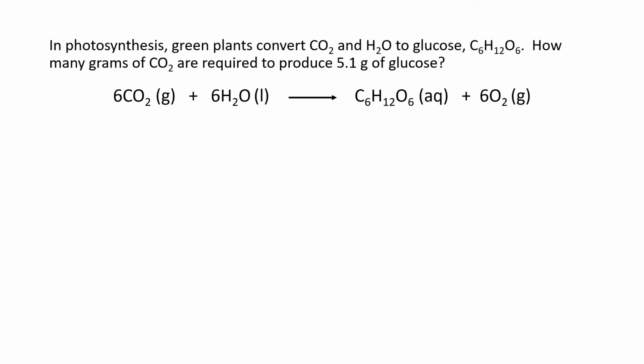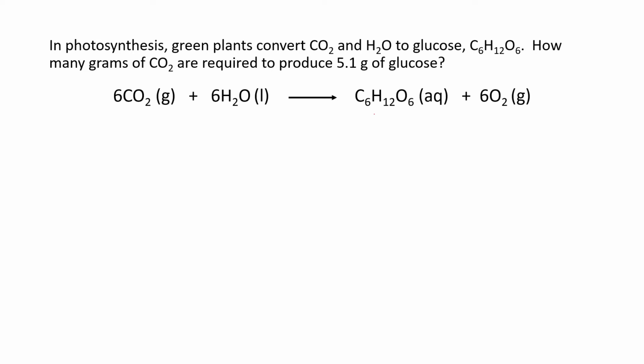Okay, guys, this is a continuation of reaction stoichiometry, another problem we're going to work through. In photosynthesis, green plants convert carbon dioxide and H2O to glucose. How many grams of carbon dioxide are required to produce 5.1 grams of glucose? All right, so